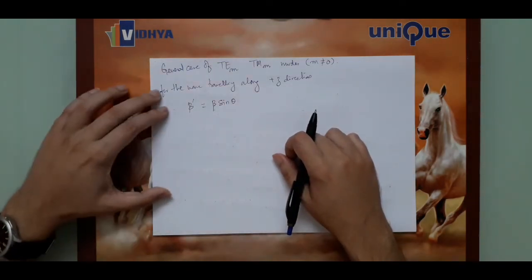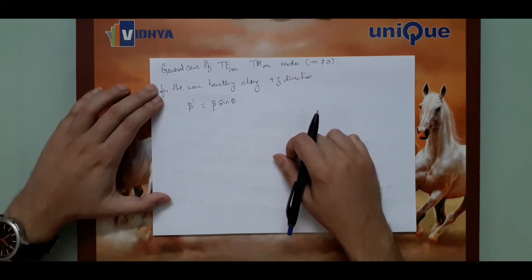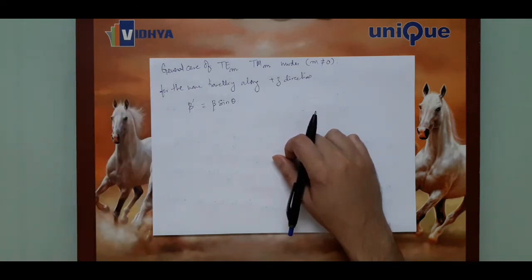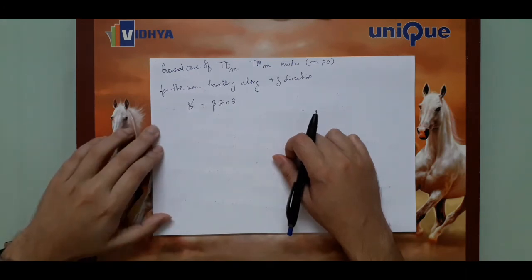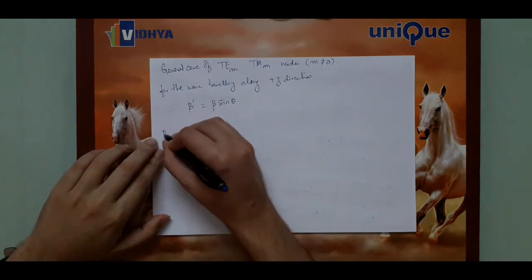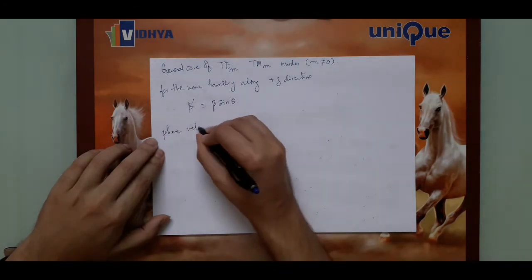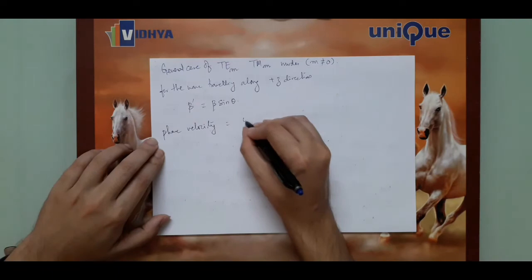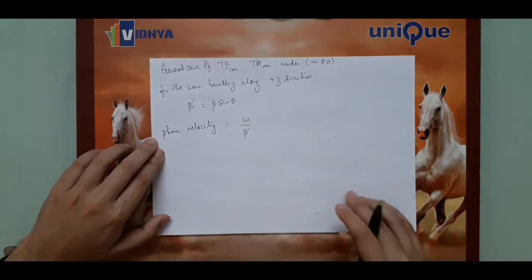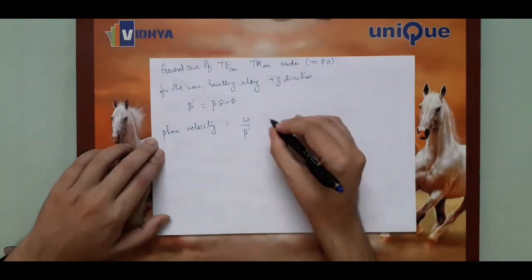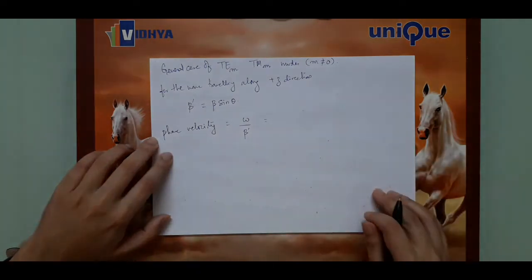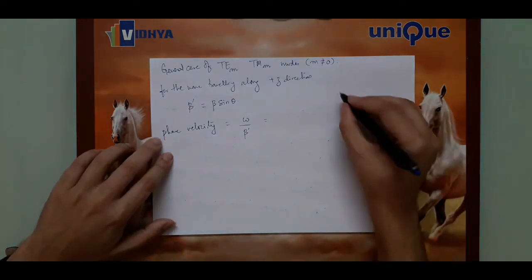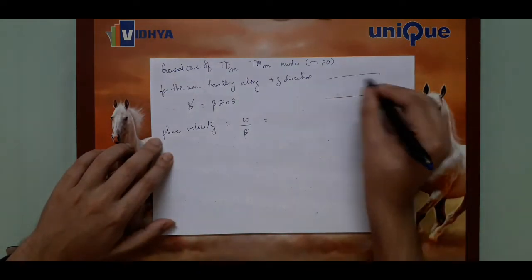And so now if I say, what is the phase velocity? The phase velocity is nothing but omega by beta prime, and that is,